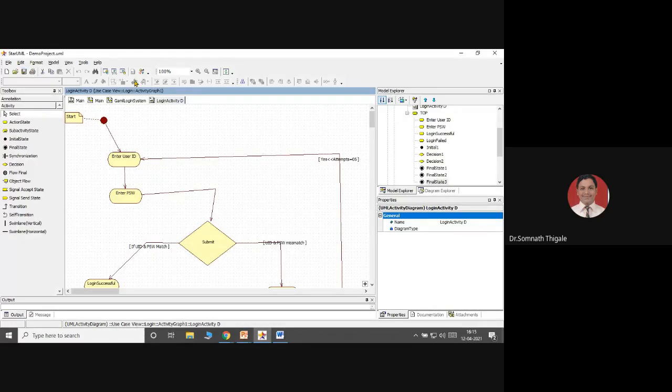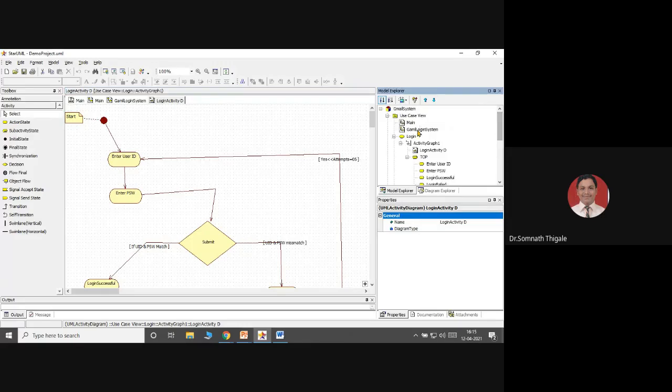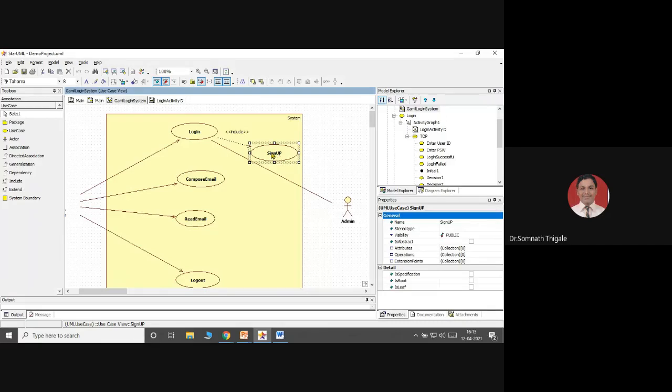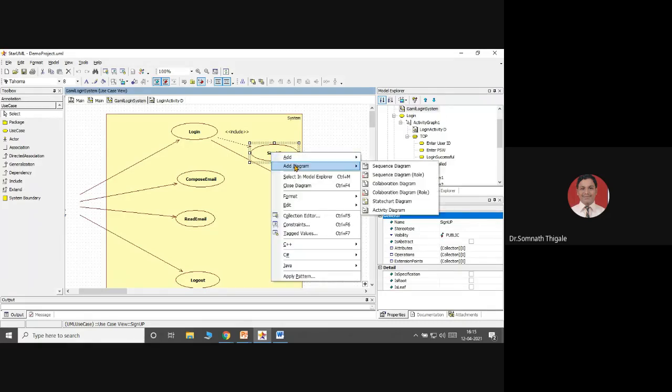I'll save this part. Then login Gmail system. Then in case of sign up, I'll add one more diagram, add activity diagram.